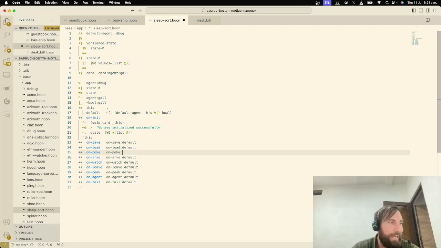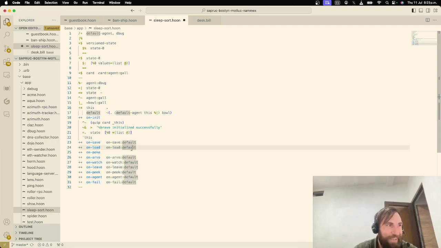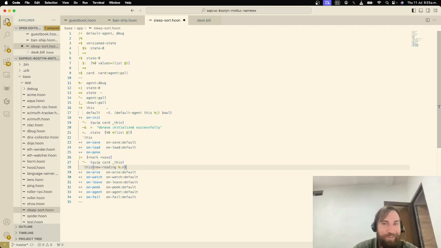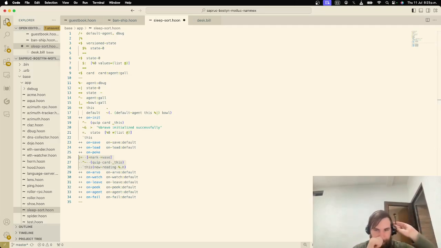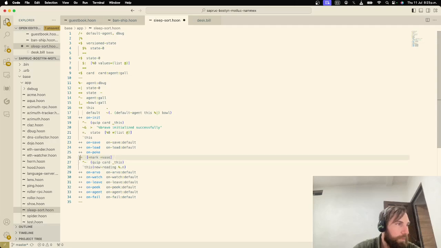So I'm gonna replace that. I mean, technically I don't need to receive it as a poke. I could just put it right here on load, and you just change it and then recommit and it'll sort it for you. But we want to make this a proper agent, right? So, the mark and the vase. What are those going to be? Well, for one, let's just